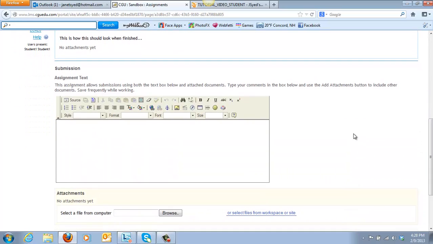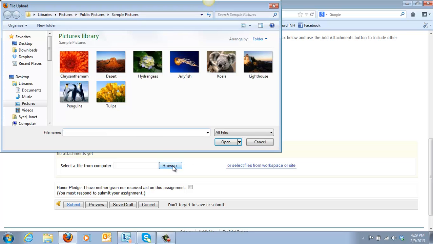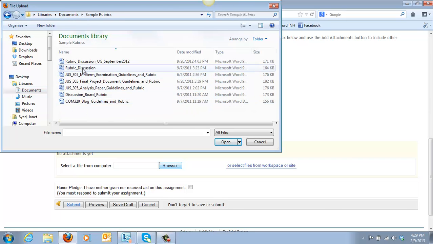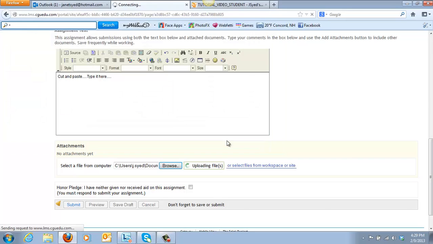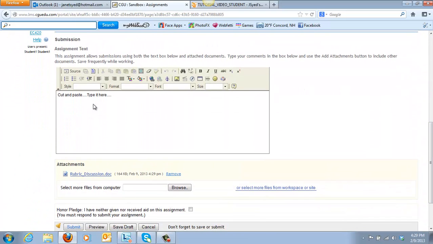And then you can simply go ahead and cut and paste your assignment here. You can type it here if you wish, or if your instructor has allowed, you can also browse for an attachment. So you can just simply attach it. So there's several different ways. You can cut and paste from Word document here, you can type it here, and you can also add it